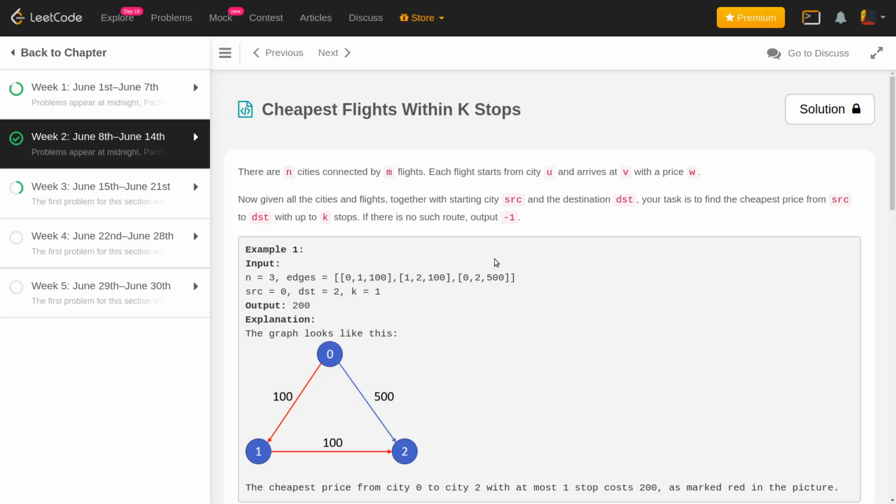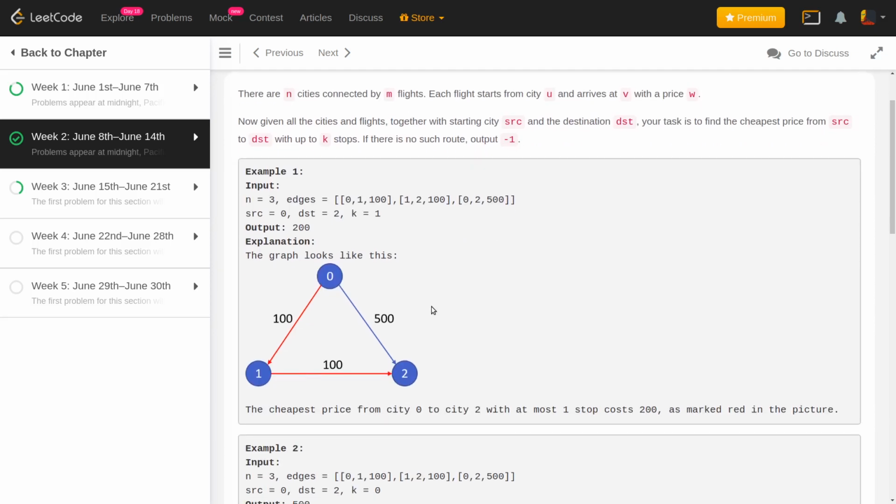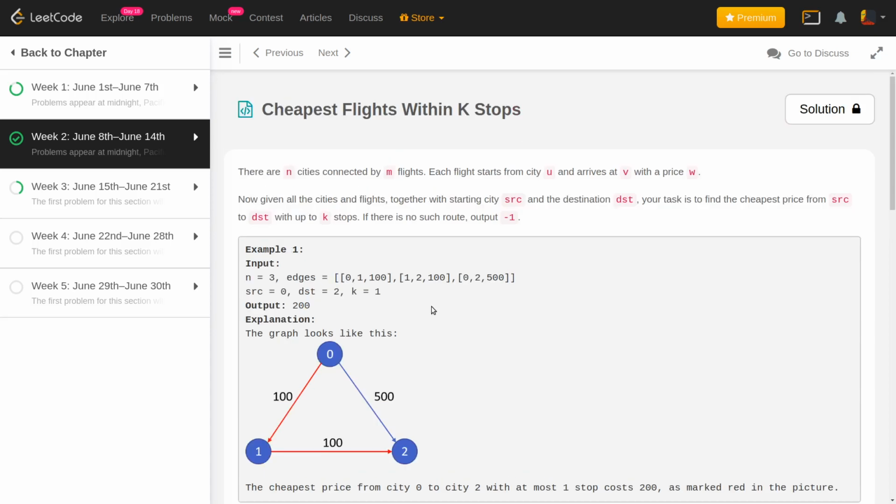Okay, so how do you solve this kind of problem? It is something very similar to Dijkstra. But since we have this additional constraint of k, that we can only have up to k stops in between the source and destination, we'll be taking that into account as well. The approach that I'll be teaching you in this video is something that you can also follow to code up the simple Dijkstra problems as well.